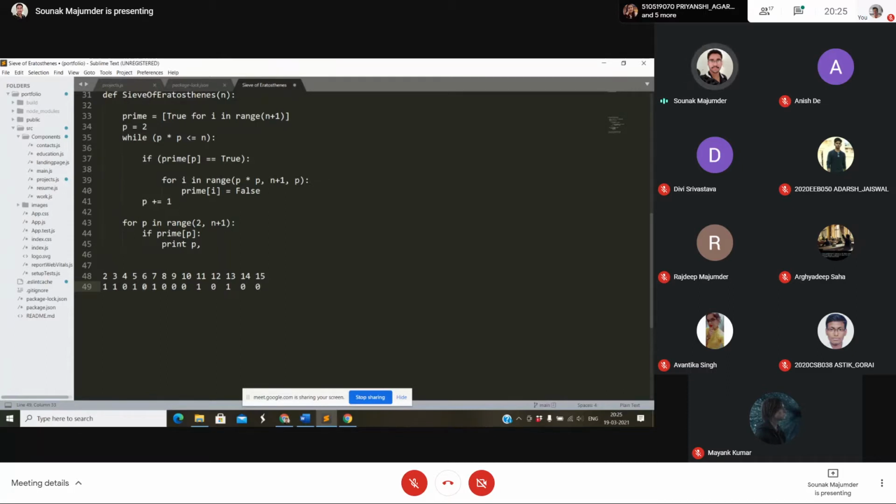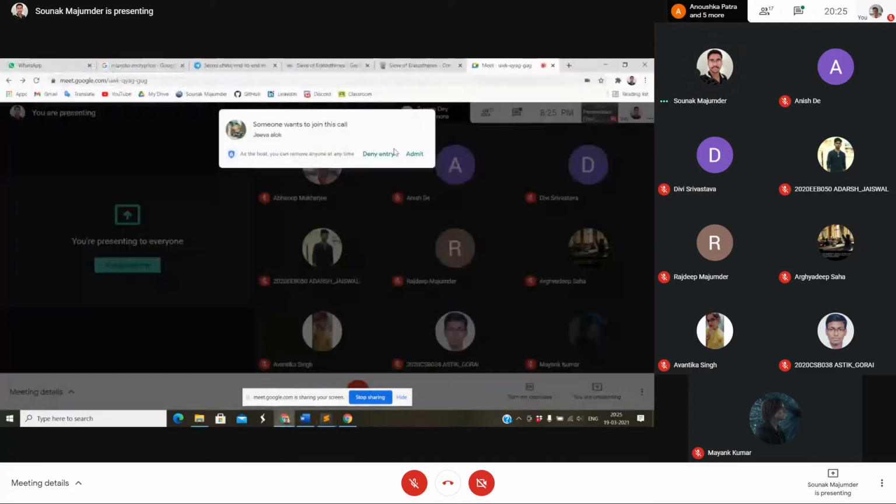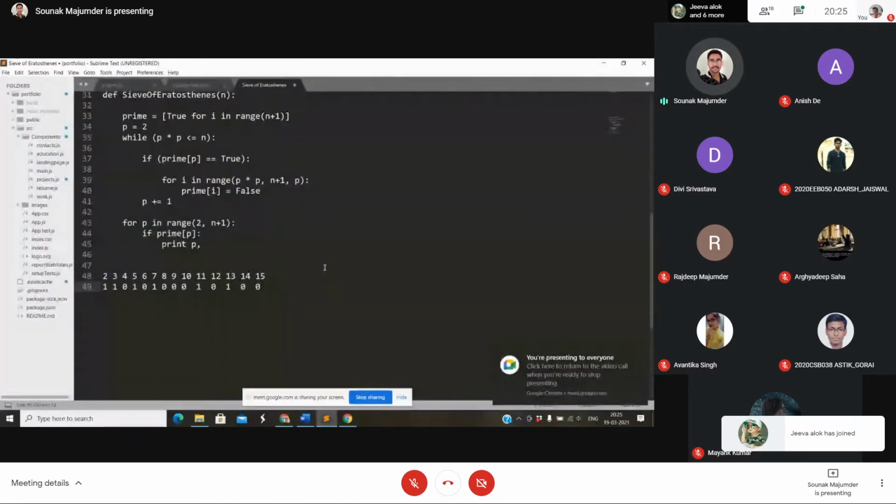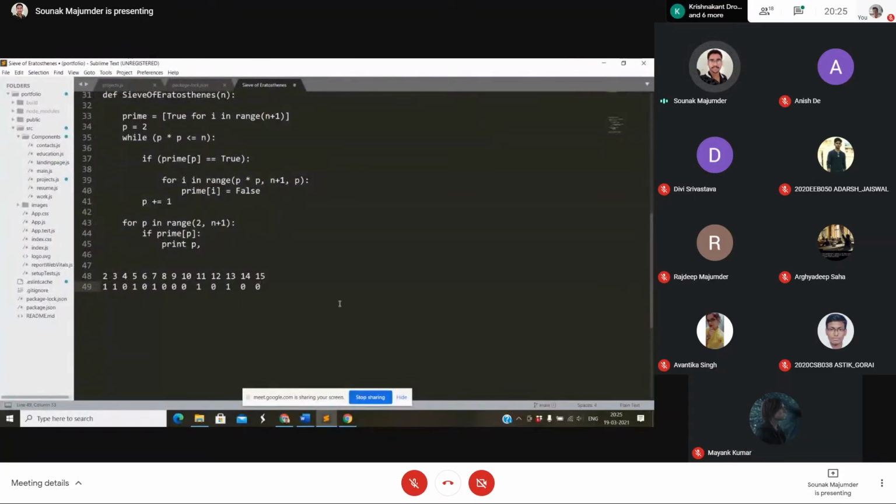So here, if we analyze the array, we see that 2 is prime, 3 is prime, 4 is not prime, and so on. So this is exactly what we need here. So all this processing, if we do it early, then this sieve method takes O of n log log n time. This whole thing takes n log n time.